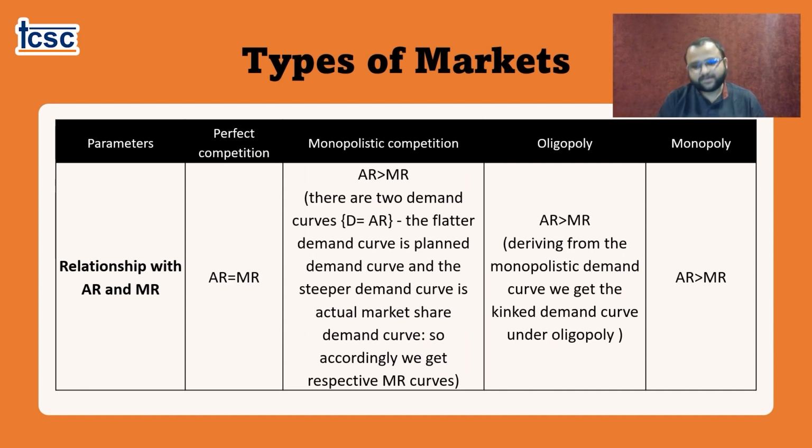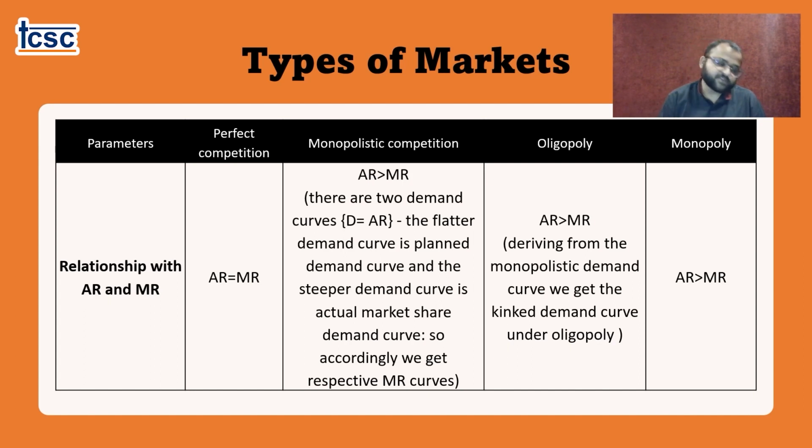Thus, we come to a bit of technical space. In perfect competition, we are suggesting for the matter of fact that the average revenue is equal to marginal revenue. But in monopolistic competition, in oligopoly and in monopoly, we don't say the same. In perfect competition, we see such a relationship owing to the fact that the average revenue, the marginal revenue, and the price are equal, as there is no change in the price of the product. We have one price for the commodity throughout. Thus, the average revenue, marginal revenue, and price are equal in perfect competition.